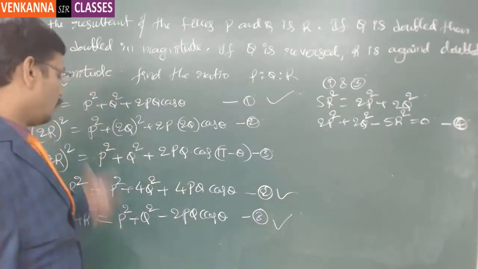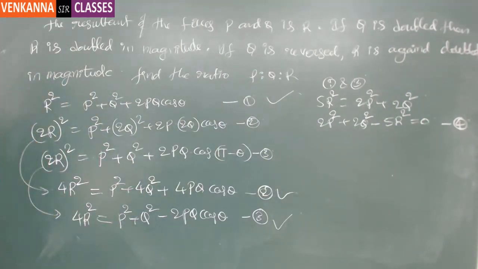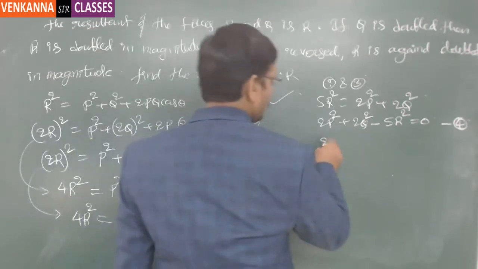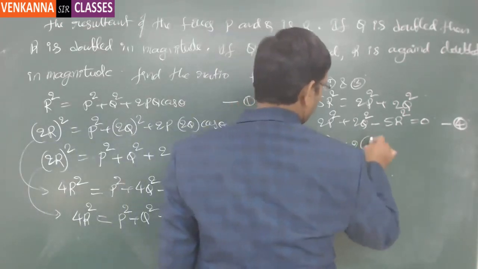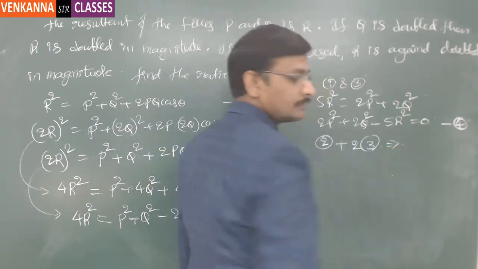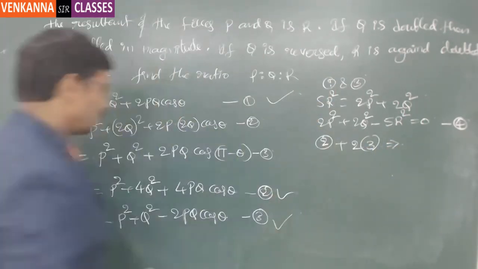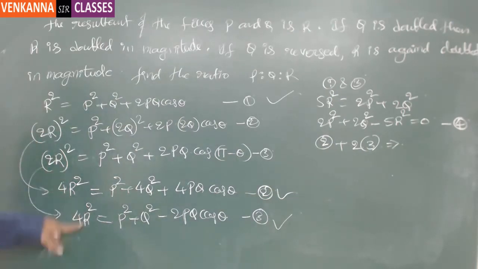And from equation number 1 and 2, or else you can take equation number 2 and 3. So multiply the third equation with 2 and then add these two. So equation number 2 plus 2 times equation number 3. So 2 times equation number 3 is 8r square, and 8r square plus 4r square is 12r